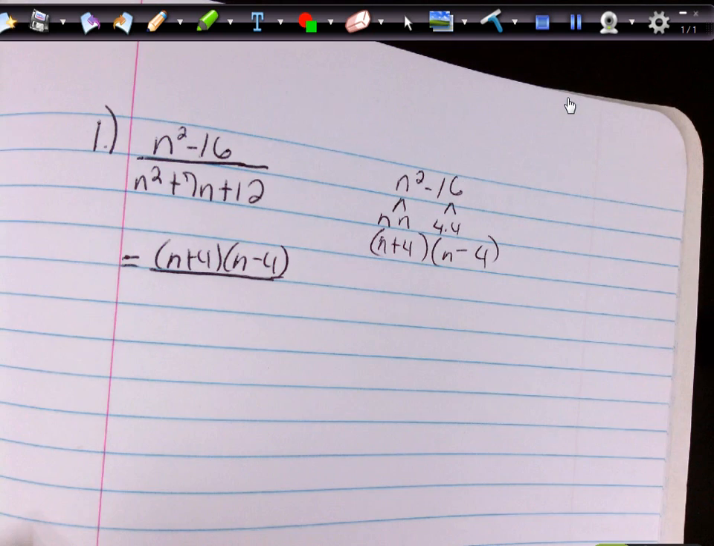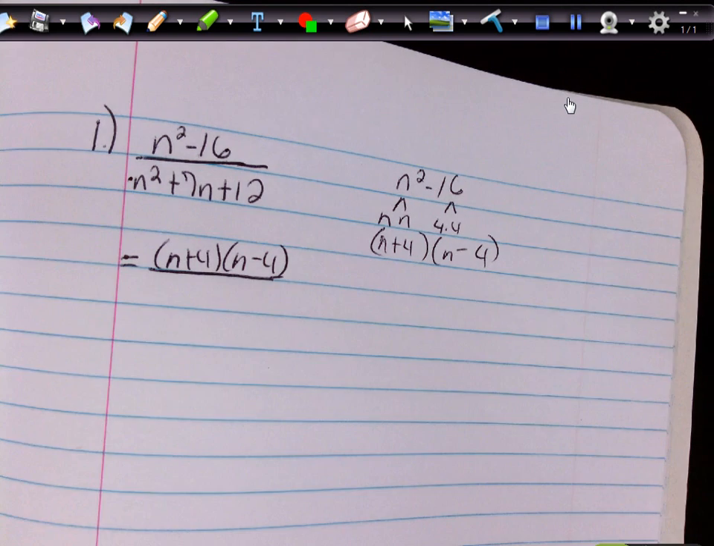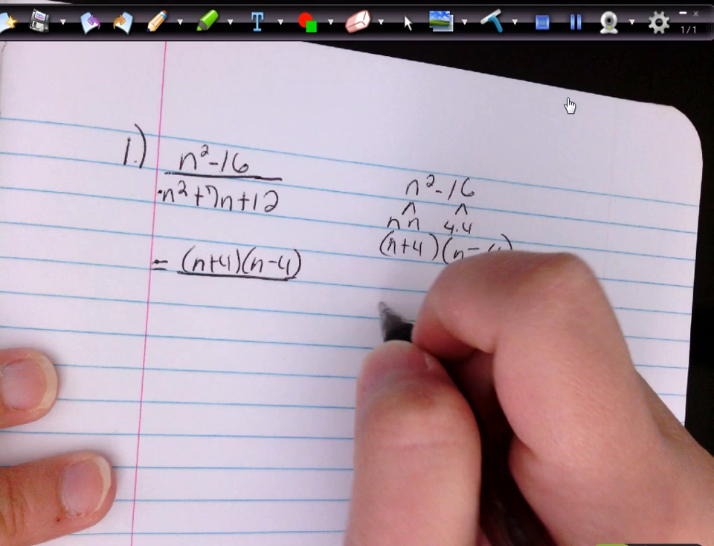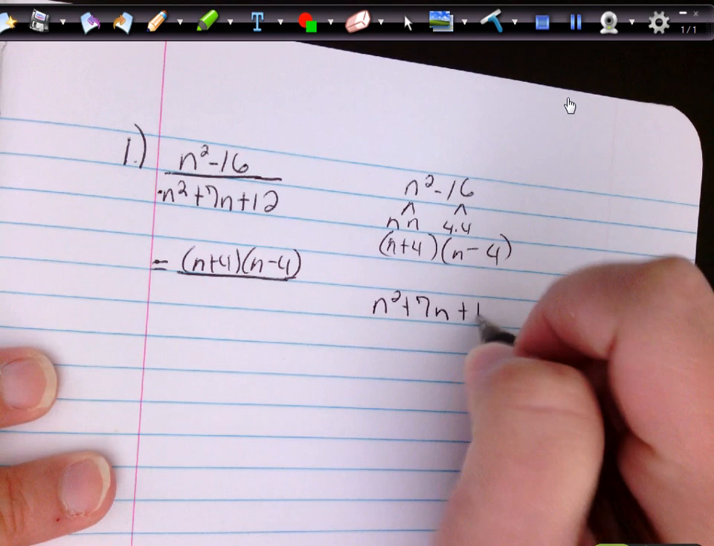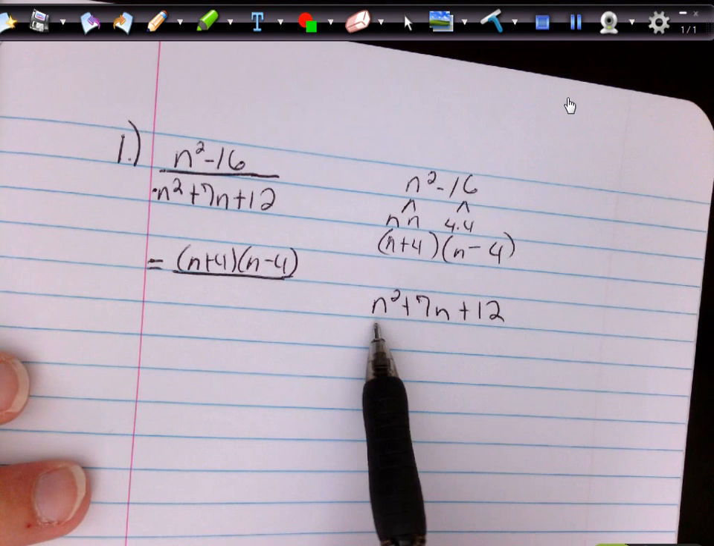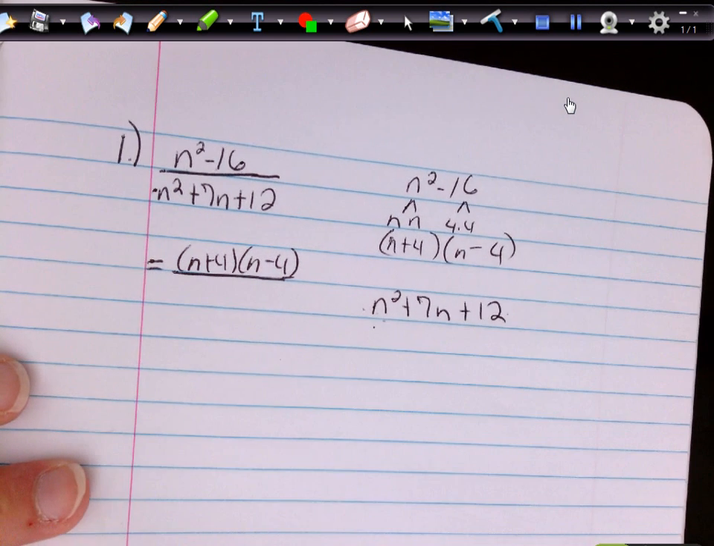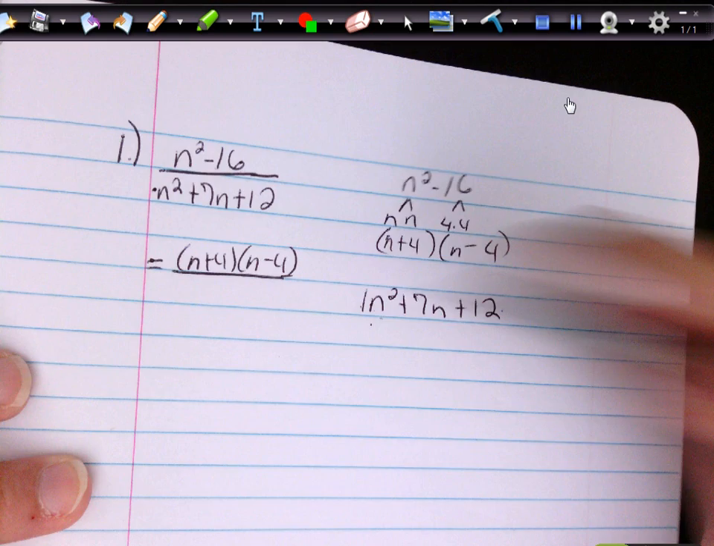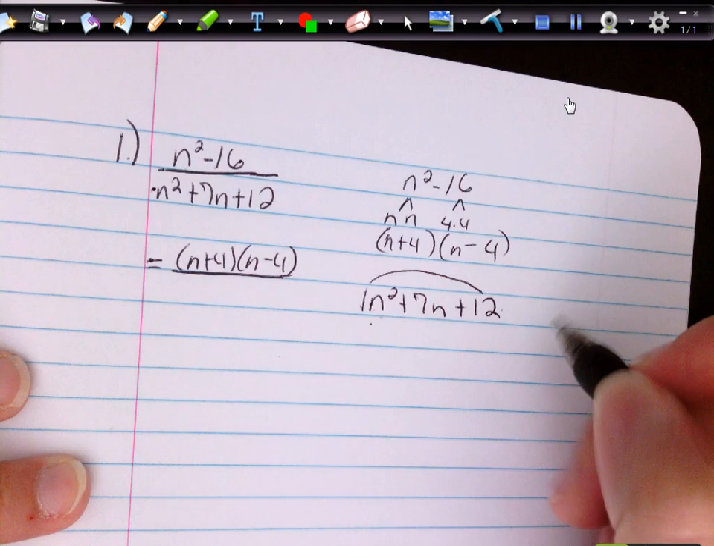And then we have to factor the denominator, the n squared plus 7n plus 12. And to factor that, we have to use our factor by grouping method that we learned. There is no GCF here because, again, there's no number in front here and the 12 doesn't have an n. So I'm going to go ahead and put my 1. I'm going to multiply the first and last. So 1 times 12 is